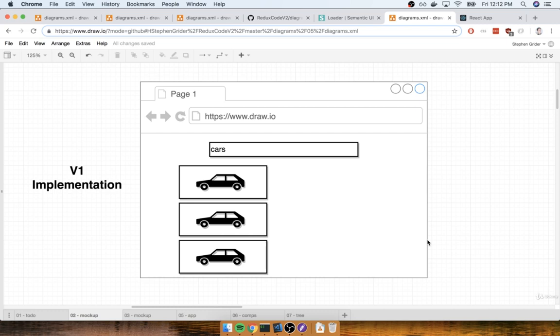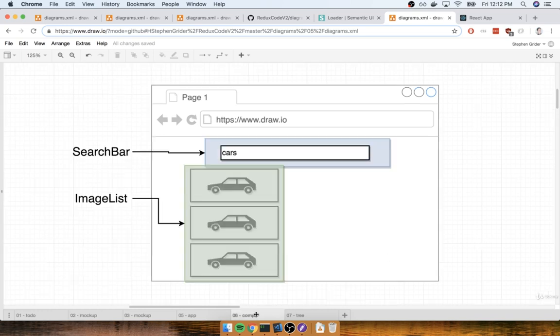Remember, if we wanted to, we could build this entire application with a single component, just one component. Maybe we would call it the app component or something like that. But in general, we like to break our applications into multiple separate components, just to get a little bit more code reuse in the future if we decide to reuse some aspect of the application in some other location. All right, so to break this thing up into separate components, here's what we're going to do.